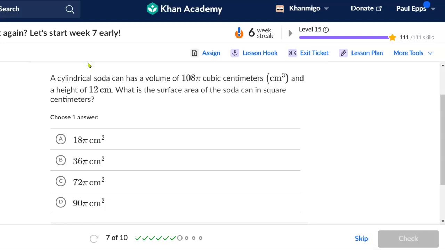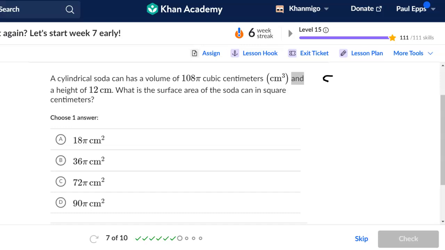All right, so to get the surface area of the cylinder, we have the volume and we have the height. So to get the area of the top and bottom, we can divide 108 pi by 12, which is 9. So the area of the top and bottom is